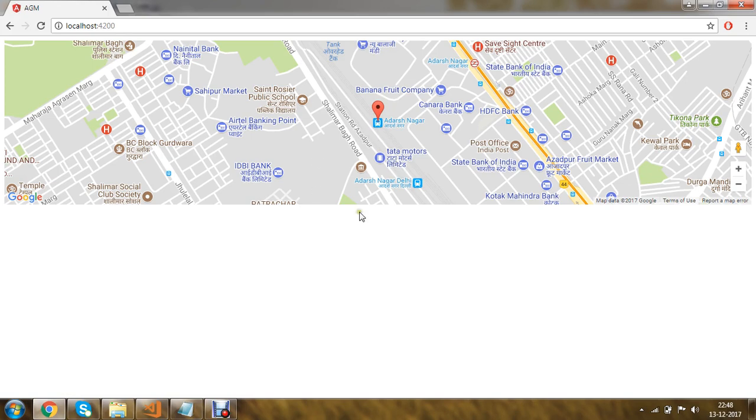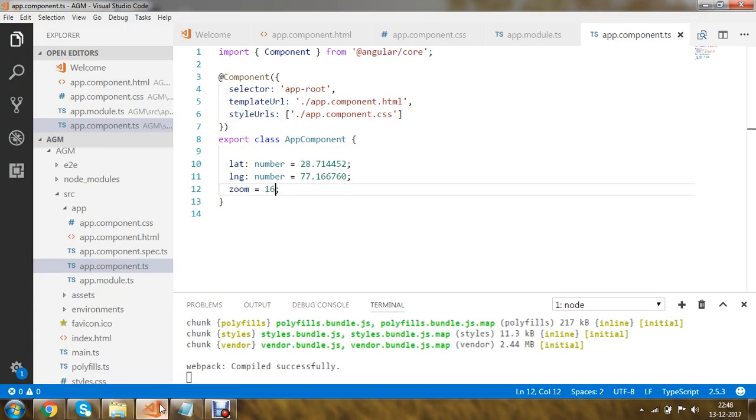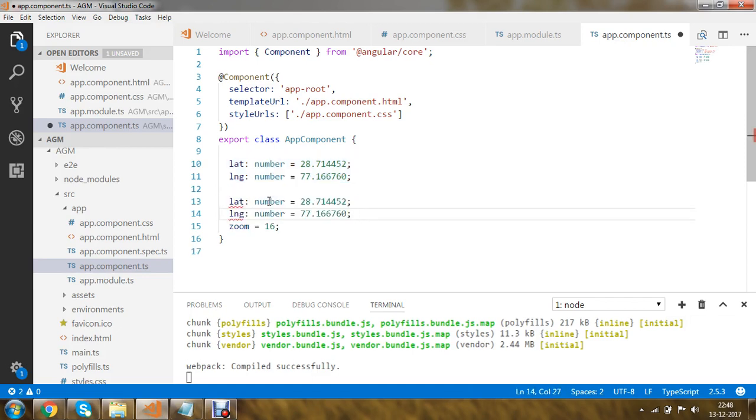In the same scenario you can make use of multiple markers as well. What you have to do is specify a latitude 1. Let me copy this and change this value, latitude 1, longitude 1.